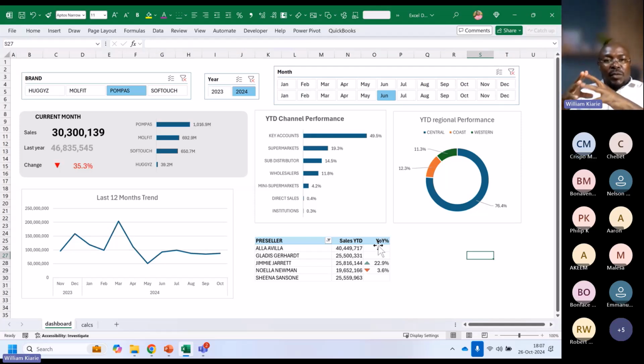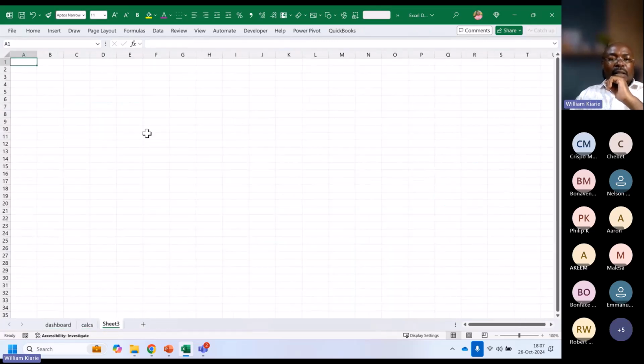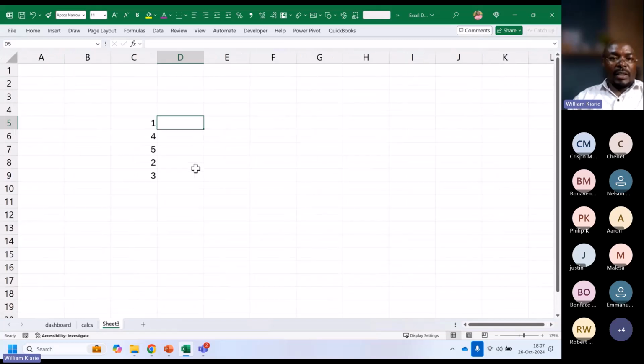But then when it comes to the YTD, it basically means you need to find a way to identify the YTD numbers. In that case, if you have a list of months, maybe your data has a month number column, then probably you need to say, let me just illustrate here, if this was the month numbers, you'd say if